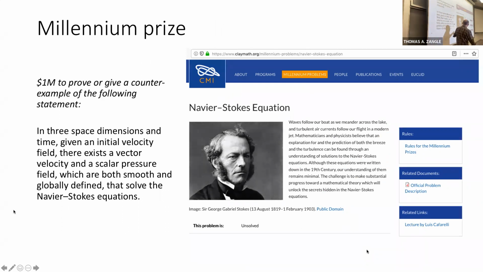These equations have been known in some form for about 200 years. History puts the first developments of a set of equations that would become what we know as Navier-Stokes at 1822. So we're at just about the 200th anniversary of the beginning of the development of the Navier-Stokes equations. Stokes, who played an integral role, was barely a few years old in 1822, and he would play a pivotal role in defining the equations as we write them down today. But still, we're talking about a set of equations that's nearly 200 years old, and we have a very basic question about